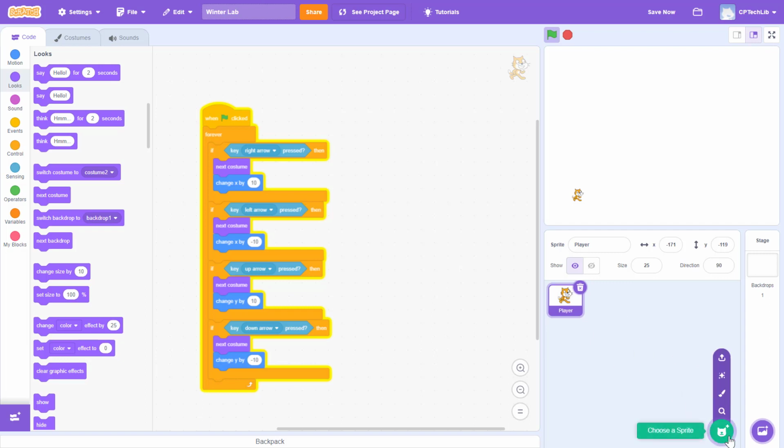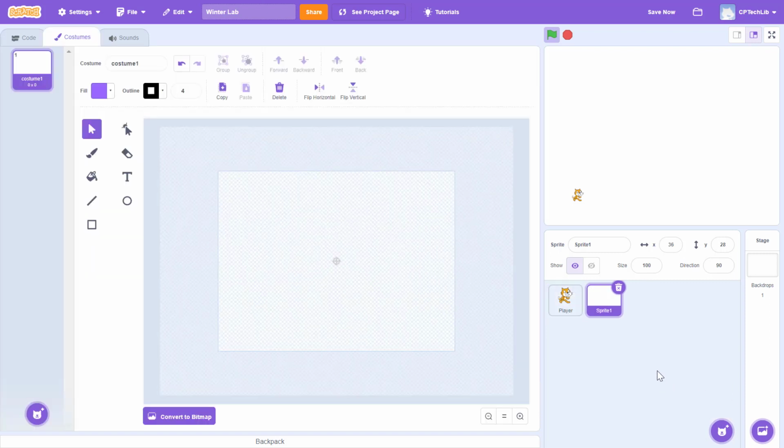We're just going to put our mouse over this little kitty cat head looking thing, and instead of choose a sprite, we're going to do paint, because that'll let us make our own thing. Now the easiest way, well actually let's rename this real quick. This is going to be Lab 1. Perfect. Now the easiest way to make a labyrinth, it's much easier to make a labyrinth than a maze, is